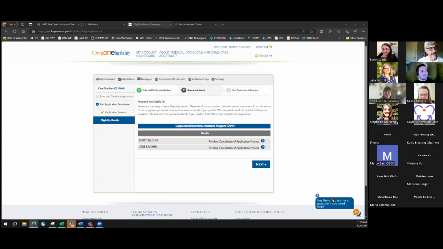One thing I'll say we didn't get to is the mobile application. What you can do with the mobile application is view benefits and look at pending requests. So you can't apply for benefits through the mobile app yet, but if you have applied already and you've been determined to be pending, you can see that information on the mobile application and you can respond to that directly by uploading documents there. You can report changes in income, and you can report changes in contact information and address. To access the mobile application, you download it through any mobile app store, Android, iPhone, things like that, and you use the same login information that you use for the website.